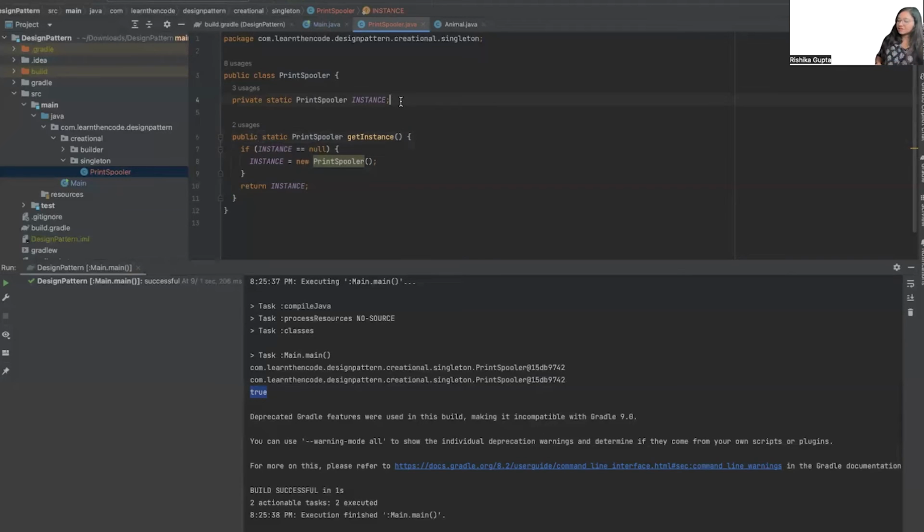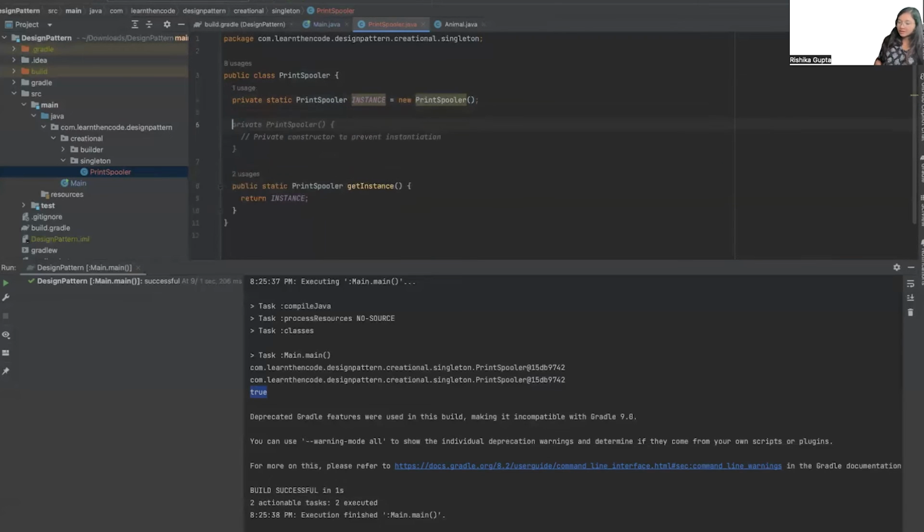First is eager initialization. So हमारा ये issue आ क्यों रहा है? Because multiple threads are trying to create the object of this class for the first time. But let's say if you create object of this class at the time of class loading, तो कभी भी ऐसा situation arise नहीं होगा because at that time कोई भी thread हमारी इस class को access करने की कोशिश नहीं कर रहा. So what you can do is you can initialize the object here itself. You can simply call new print spooler here, and instead of this if block, because we know that we already have instance object here, we are always going to return it.